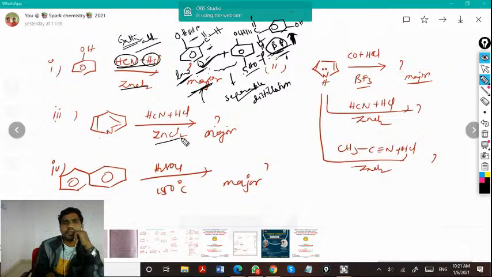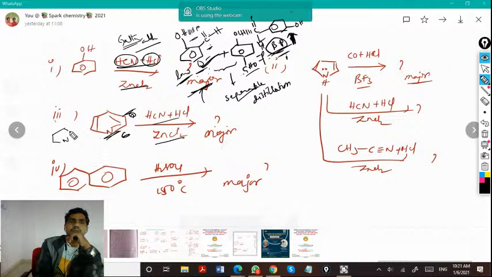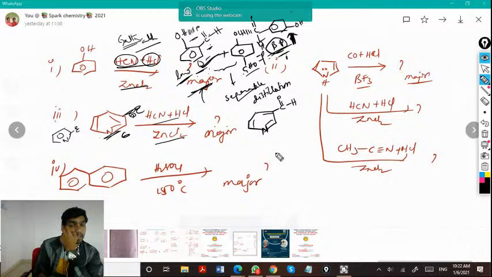Okay, now the electrophile addition on the pyridine ring. Electrophile addition on the pyridine ring is always at the third position. If it is a 6-membered ring, third position. If it is a 5-membered ring like pyrrole, it will be the second position. So what could be the electrophile here? It is the iminium electrophile. After the hydrolysis, it's going to give the CHO group. Okay, meta formyl pyridine,